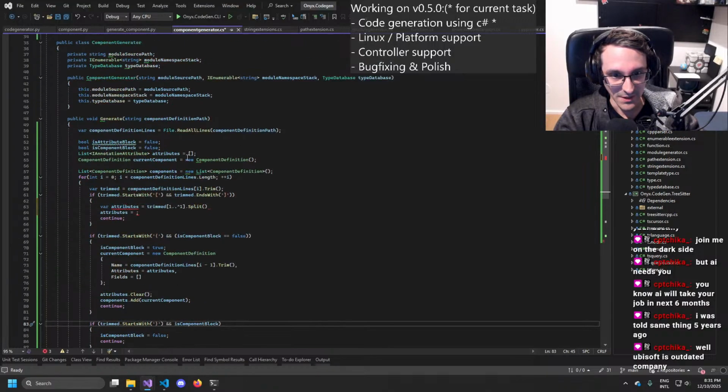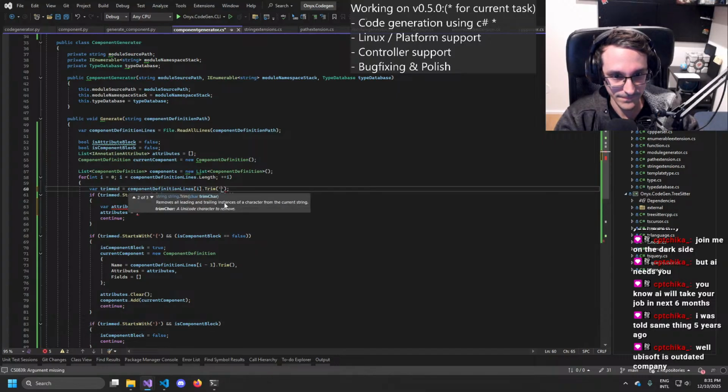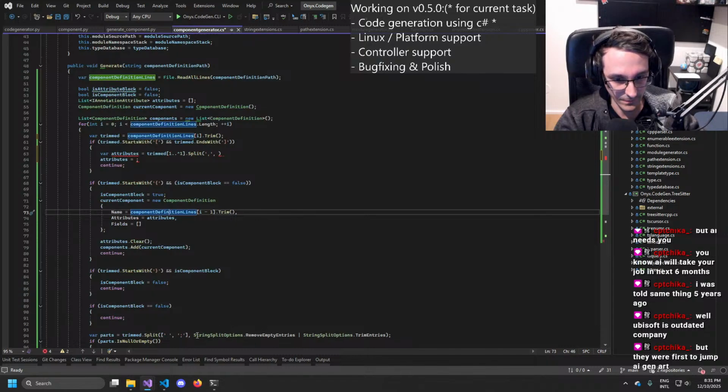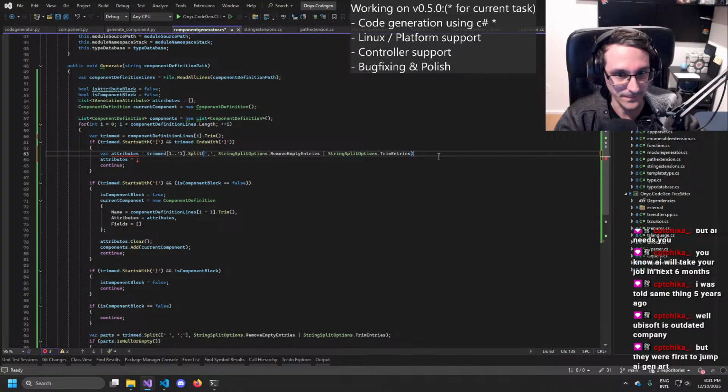So we split on the comma. Oh wait. We split on that. And then we do the same string trim. String remove empty. Oh yes, and that was attribute